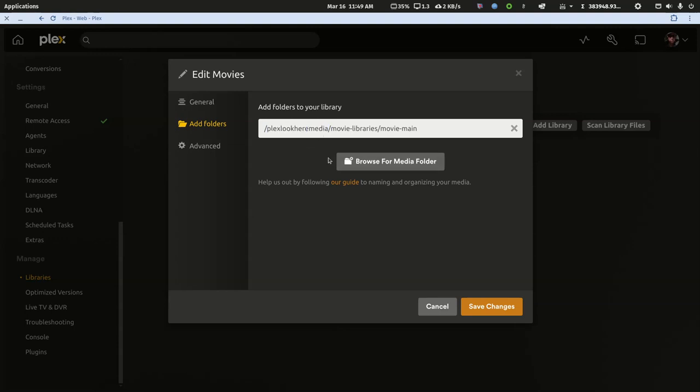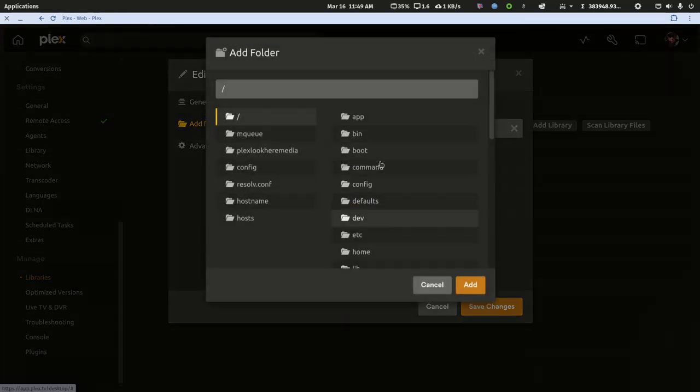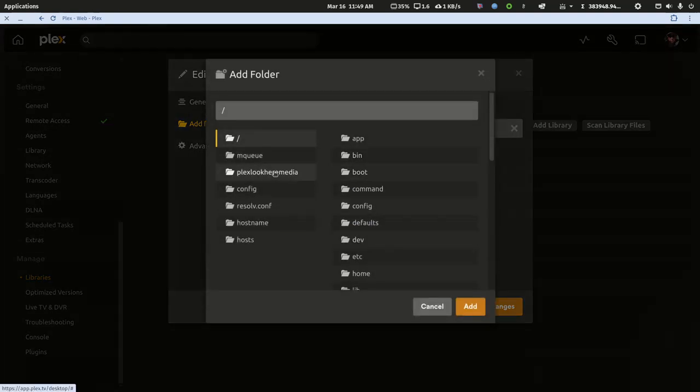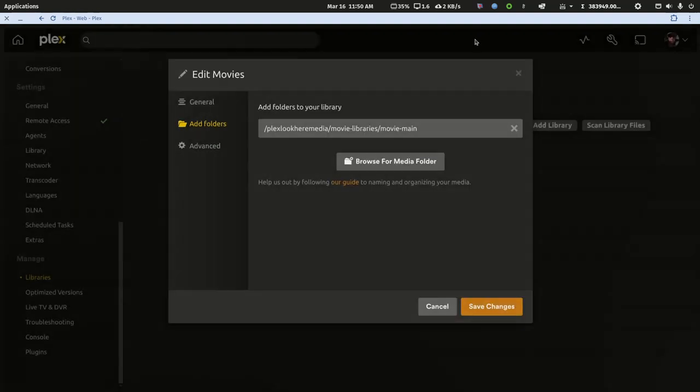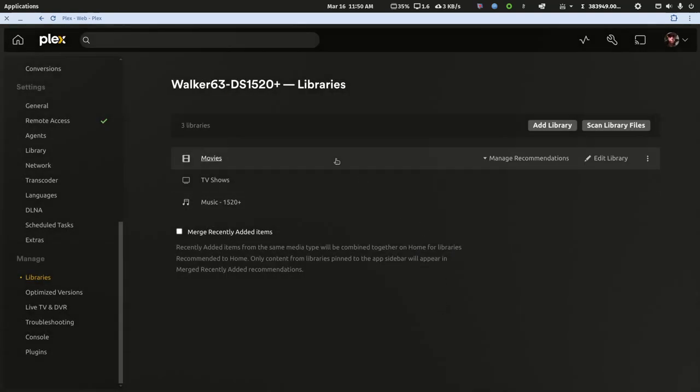So in a movie library, if I browse for media, I'm currently going to see Plex Look Here Media, and then I can see all these individual library folders. That's what I'm suggesting that Chris does. But if you do want an individual path for each library type, that's what I'm going to show how to accomplish in this video. So let's cancel all that,